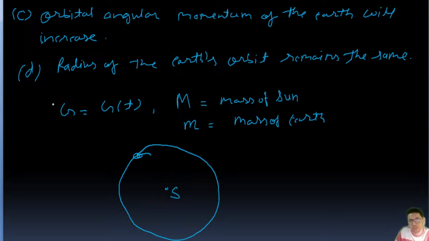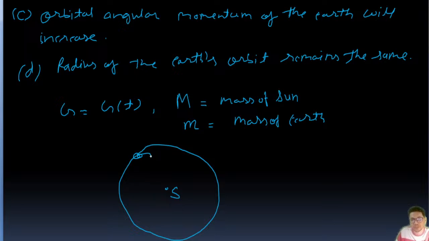The earth is rotating about the sun, the mass of the sun is capital M, and the mass of the earth is small m, and G is the gravitational constant which varies with time. Now the total energy of the system, with the earth moving around the sun, is going to be,